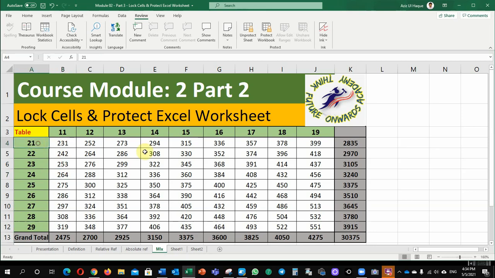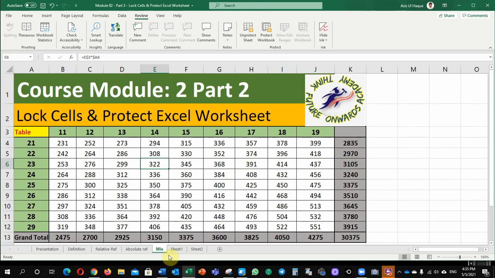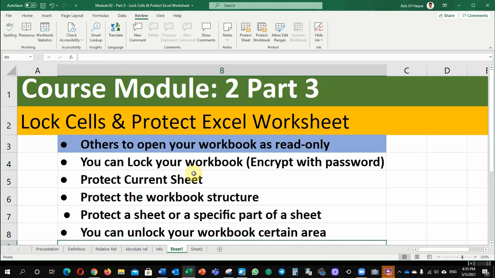So this is the trick. The thing you need to remember is to select only the area for the password. And for the first method which I told you, you have to be careful while selecting: uncheck Locked for the area which you want to make modifiable. This is the main option, the main area where you have to concentrate. So we learned about these options today in our Lock Cells and Protect Worksheets video.